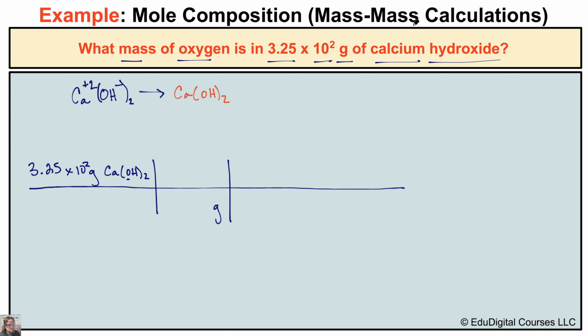Let me go ahead and erase that. So that's going to have to go on the bottom of our next equivalent statement. So we have grams of calcium hydroxide that are going to go on the bottom. And we should probably go ahead and convert the grams of calcium hydroxide to moles of calcium hydroxide. Once we're done doing that, we're now going to have to figure out the number of moles of oxygen, since we're asked to figure out the mass in grams